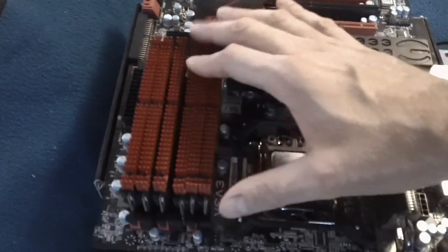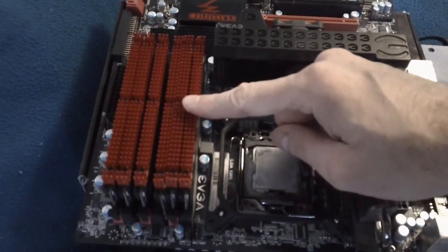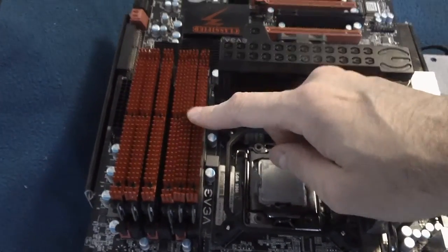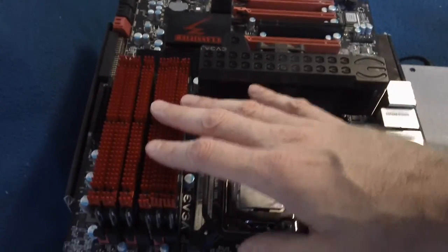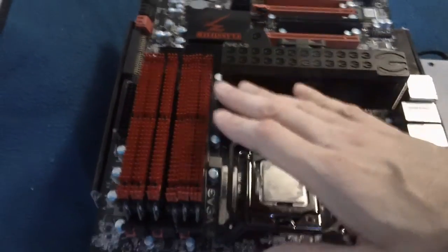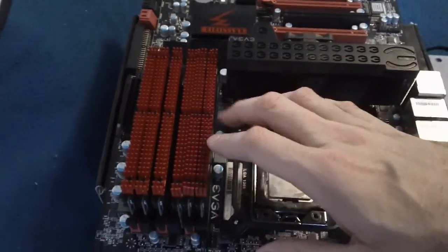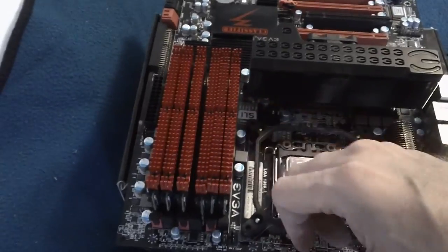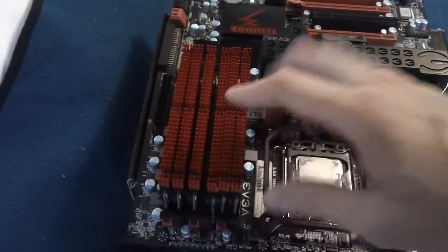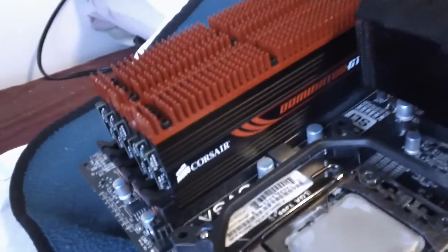First of all, is this DDR4? I think no, it's DDR3. Even my desktop is on the old DDR2, so unfortunately I couldn't plug it in, which sucks because I only have 4 GB. And here we have 2 GB modules, so 2, 4, 6, 12 gigabytes total. What is it? It's Corsair Dominator